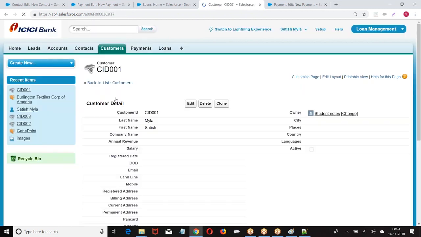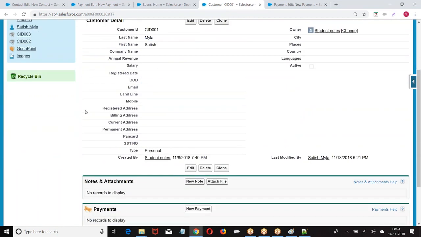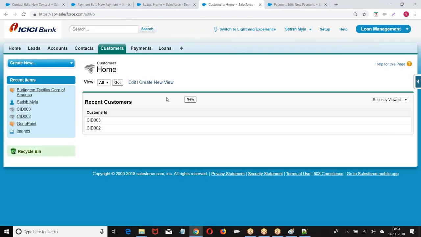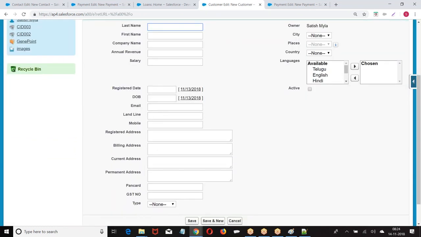If I open any one of the records, this is the detail page of the record. Now when I say new, it is the edit page of the record.